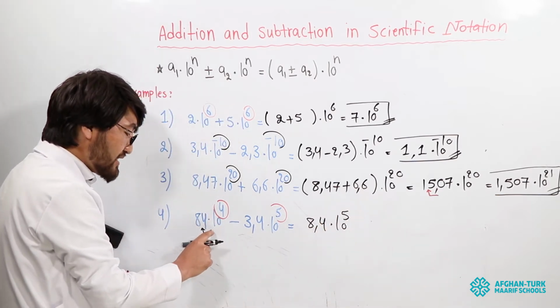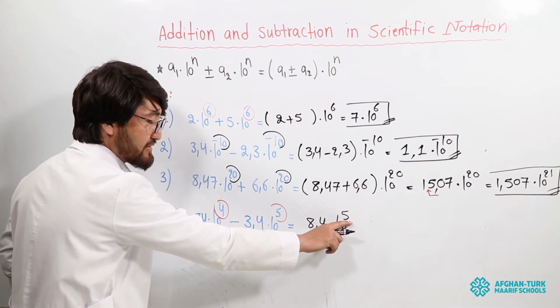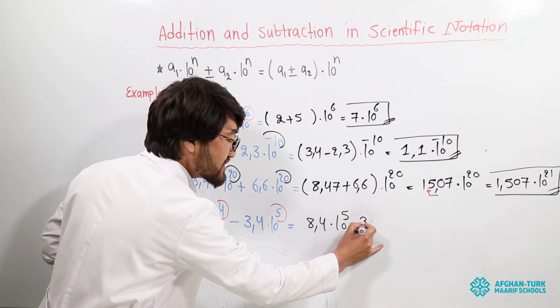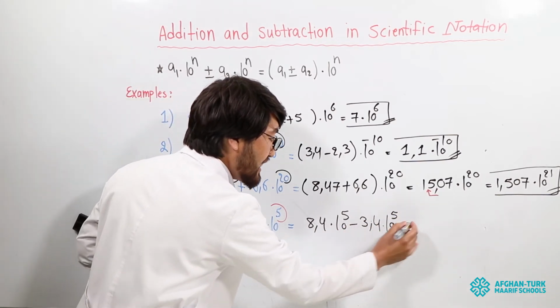It is 4. We left one digit. We add one number, it becomes 5. Minus 3.4 times 10 to the power of 5. Now you see that